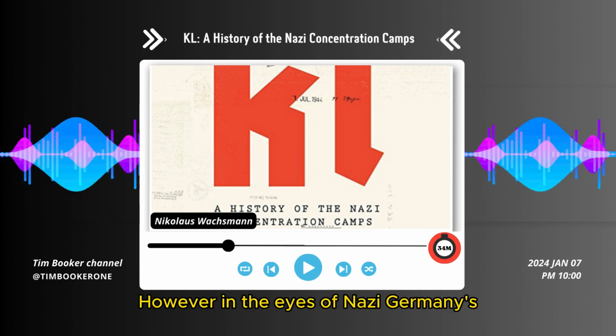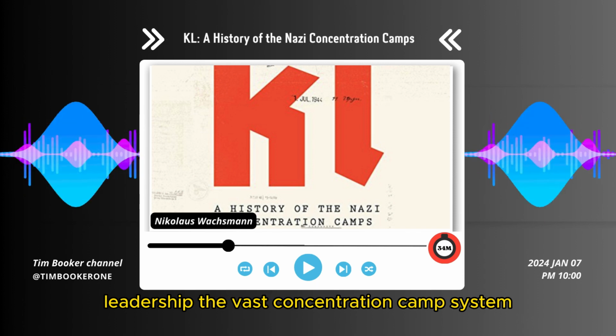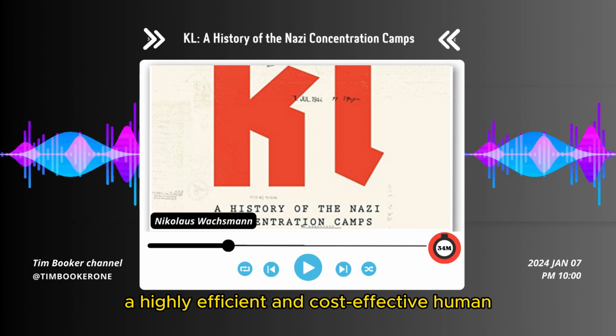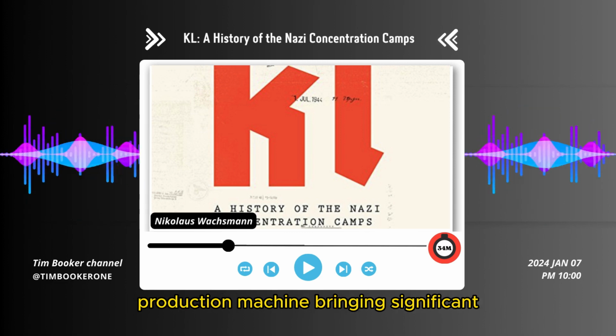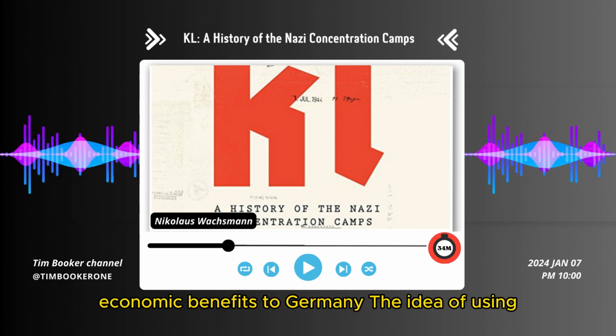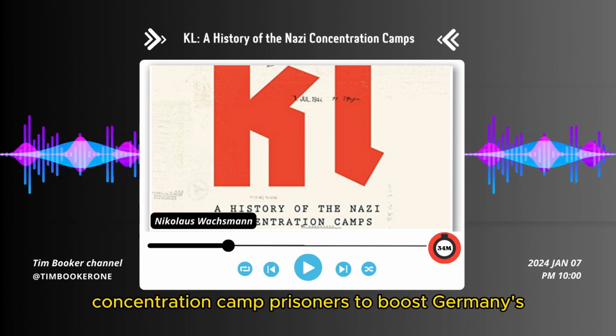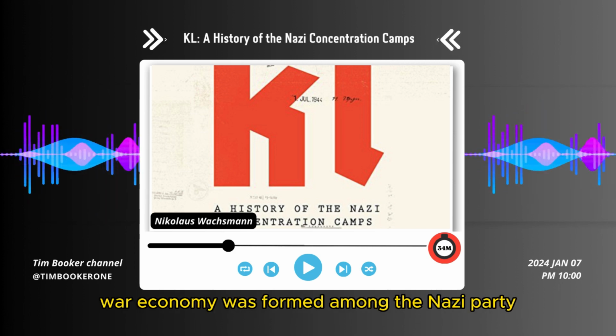However, in the eyes of Nazi Germany's leadership, the vast concentration camp system served not only as death factories but also as a highly efficient and cost-effective human production machine, bringing significant economic benefits to Germany. The idea of using concentration camp prisoners to boost Germany's war economy was formed among the Nazi Party elite shortly